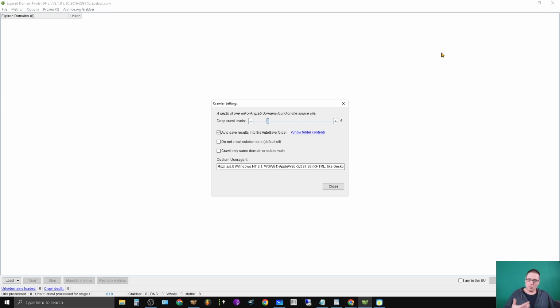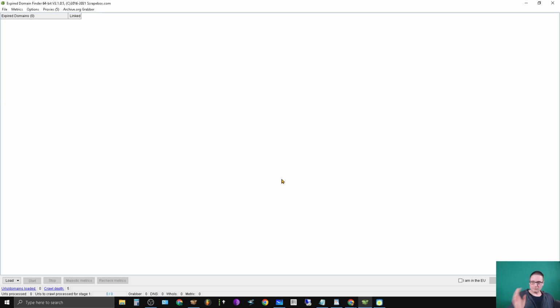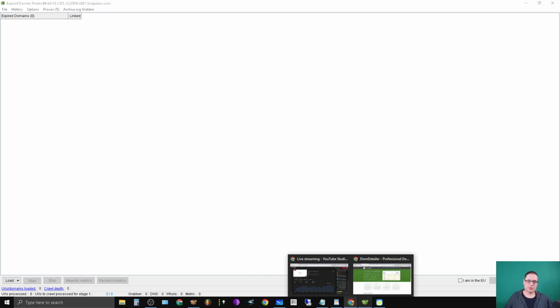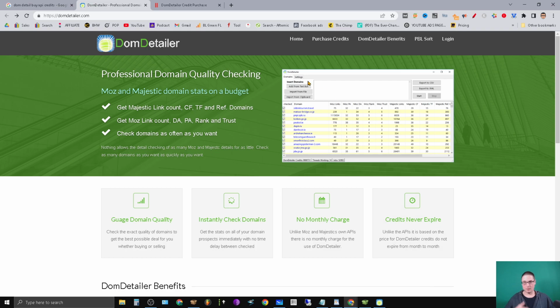So what I like to do is go about 5 levels deep. And then depending on what you're looking for is going to determine what kind of links you're going to be looking for. So let's say that we're going to be in the local market. I'm going to go through multiple ways to find expired domains, but let's start like this. So the very first way that you can do it, and I think one of the most